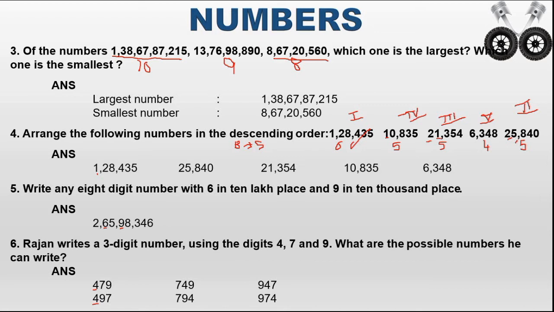Now keep the other number as the first position. Now I am keeping 7 as the first position. Now write the two numbers. What are the other two numbers? 4 and 9. So I write it as it is, 4, 9. So that is 749. I can form the new number by interchanging 4 and 9. So 9 will become before and 4 later. What is the new number I framed here? 794.